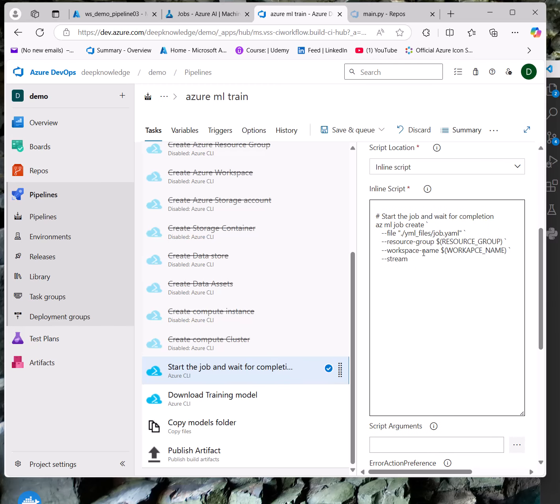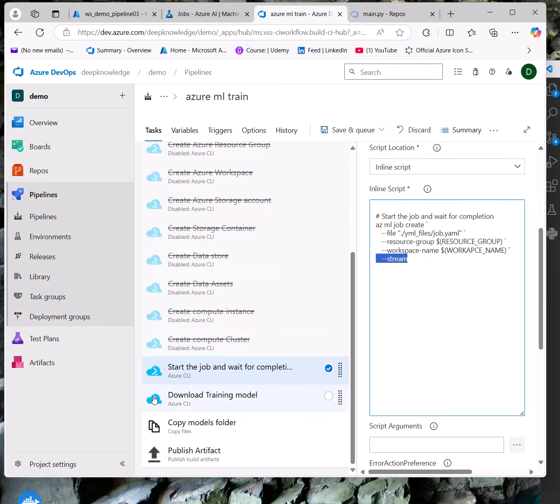I would like to download the training model, but the training model without this streaming is still not created. It's only creating a job, and in the background it will train the model. So this parameter here will force it to stay in this command.